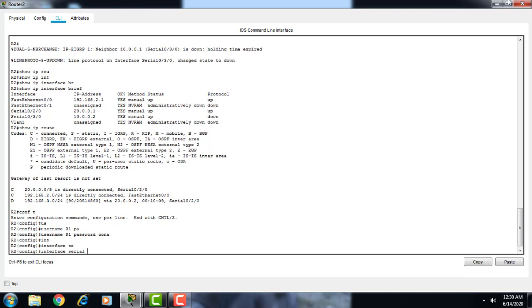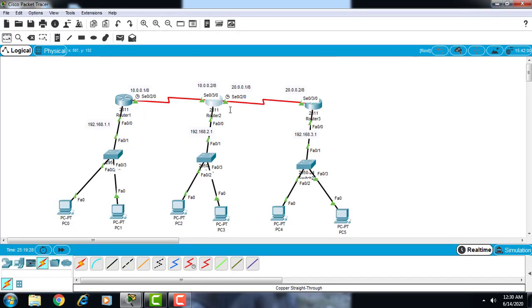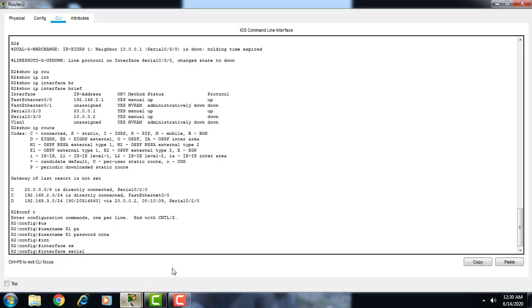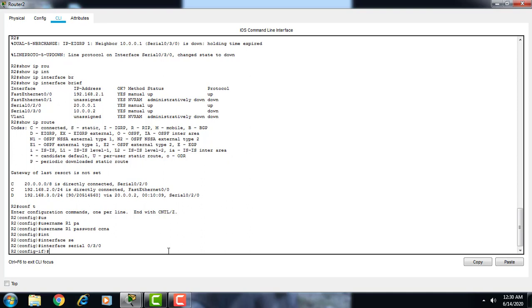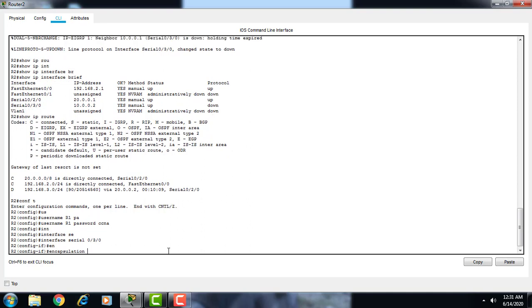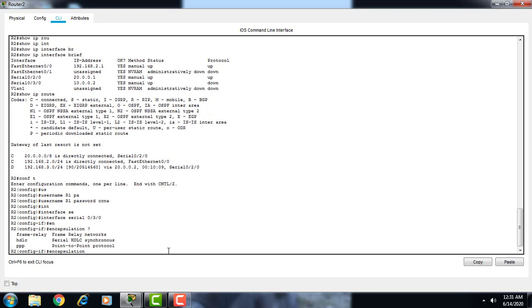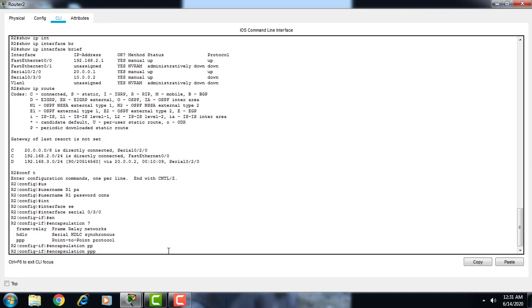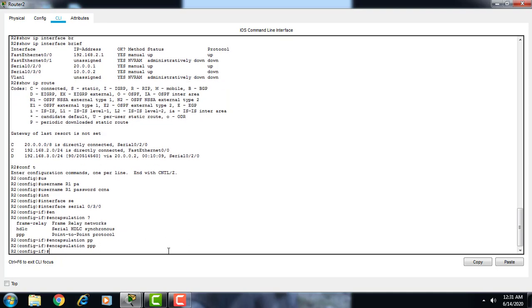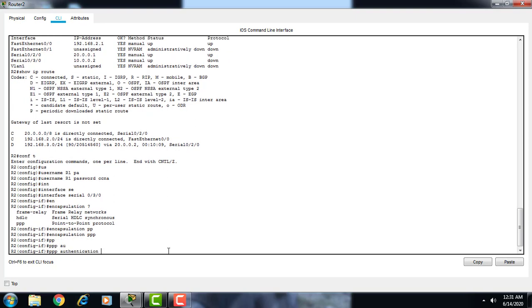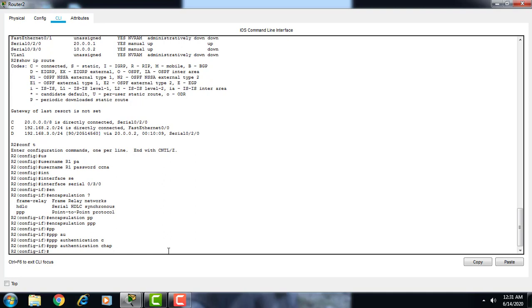Again the interface serial. Now router 2's interface is serial 0/3/0. Okay, the encapsulation method: we give PPP. Similarly, give the PPP authentication CHAP.